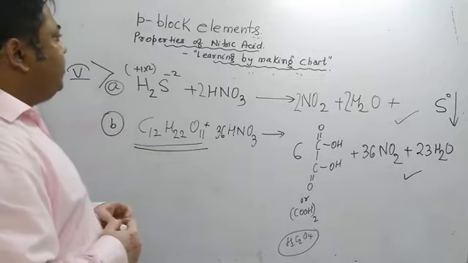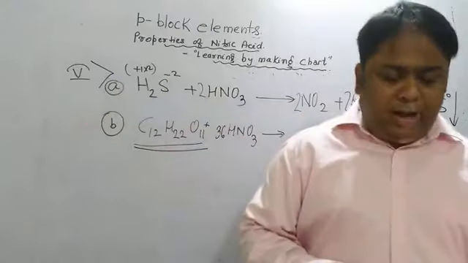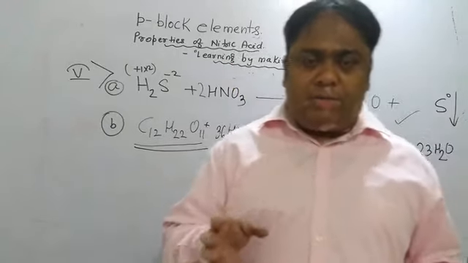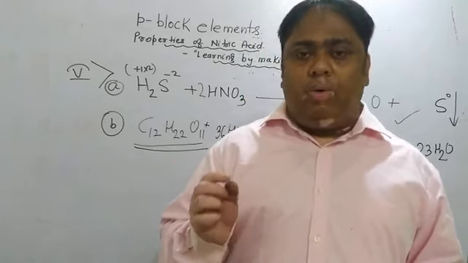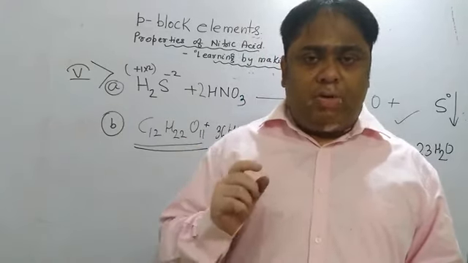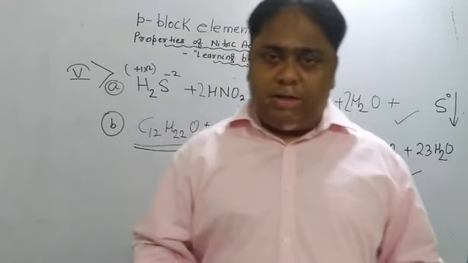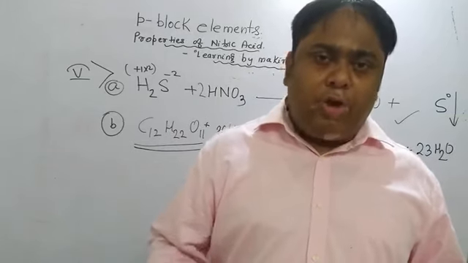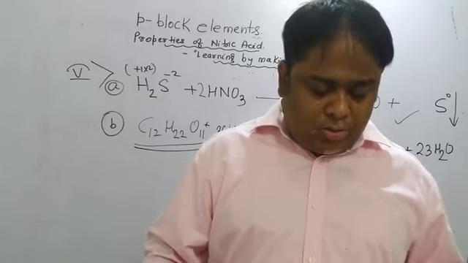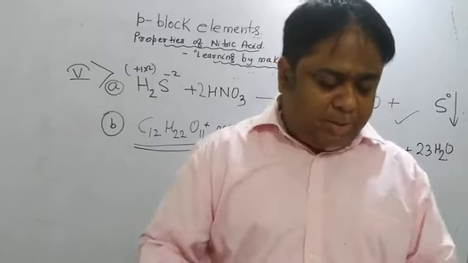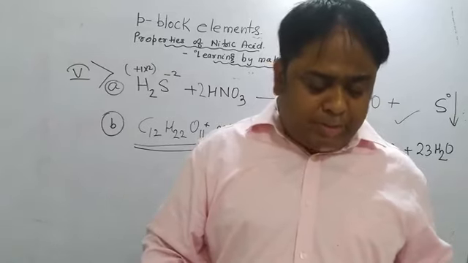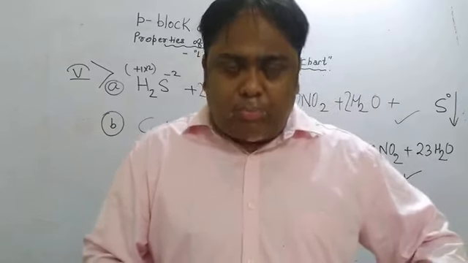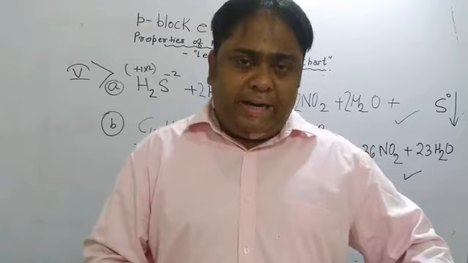So this was all about the properties of nitric acid. Now a few questions. Why does concentrated nitric acid give out yellow colored fumes? Concentrated nitric acid gives out yellow colored fumes because NO2 gas keeps on coming out of it. Another thing is, why nitric acid cannot be made purer than 68%. The nitric acid which we get is around 68% pure. Now why is it not possible to purify nitric acid further to 98%?